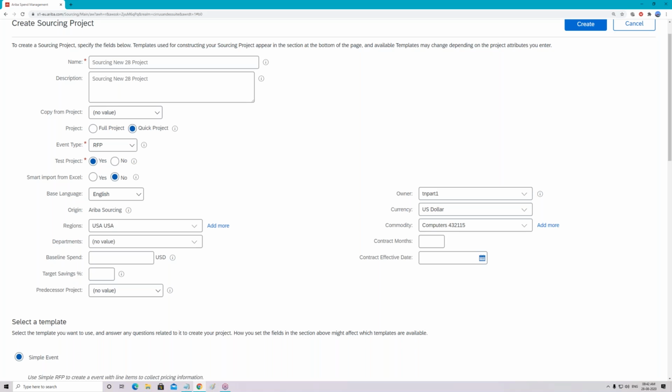So yes, most of the master data will come with the help of master data integration. From where? From ERP to Ariba. But there are certain master data which do not exist in ERP, or their format is not the same as that of Ariba. Those master data you cannot bring with master data integration. So what's the solution, Manoj? You have to do the mass data load activity in Ariba for those master data, where you will be using a CSV file to maintain the data and upload it manually in Ariba.